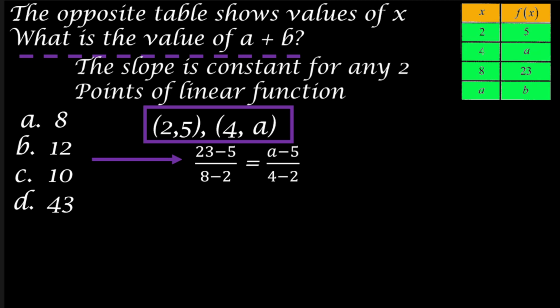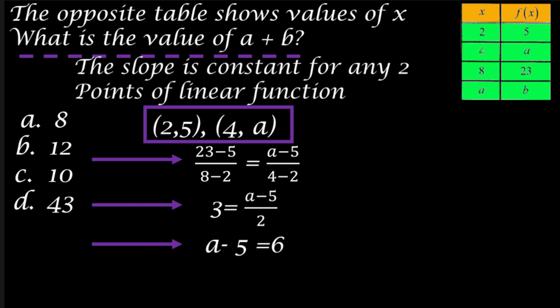This is the rule. So we now calculate the slope by using 2 points. The slope is 3, so the left hand side, a minus 5 over 2, equals 3. We deduce the equation a minus 5 equals 2 times 3, which equals 6. So ask yourself, what number minus 5 equals 6? This number is 11, so a equals 11. In the same way, to find b, we will use the 2 points, 11 comma b, and